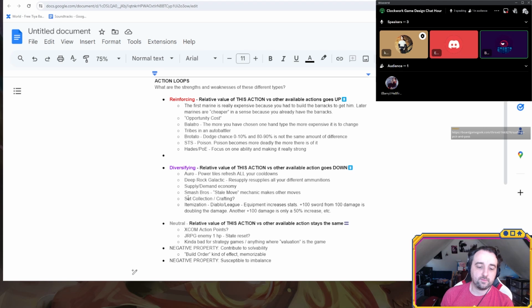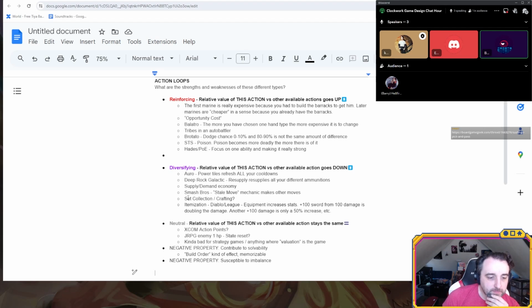So earlier I was talking about how this isn't some exhaustive list. I think it kind of gives the impression that there's a single one-dimensional spectrum, where you have the reinforcing on one side and the diversifying on the other side. I think that's kind of the case, but I also think there are other types of loops as well, ones that I don't really have names for.